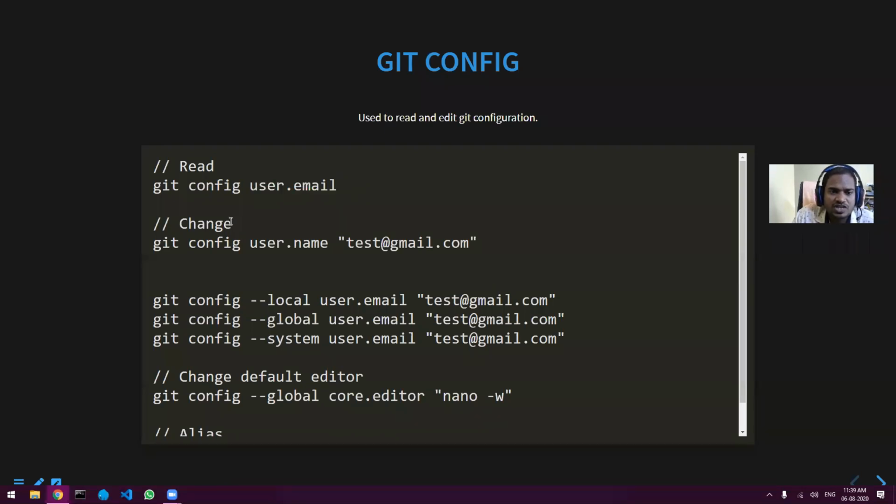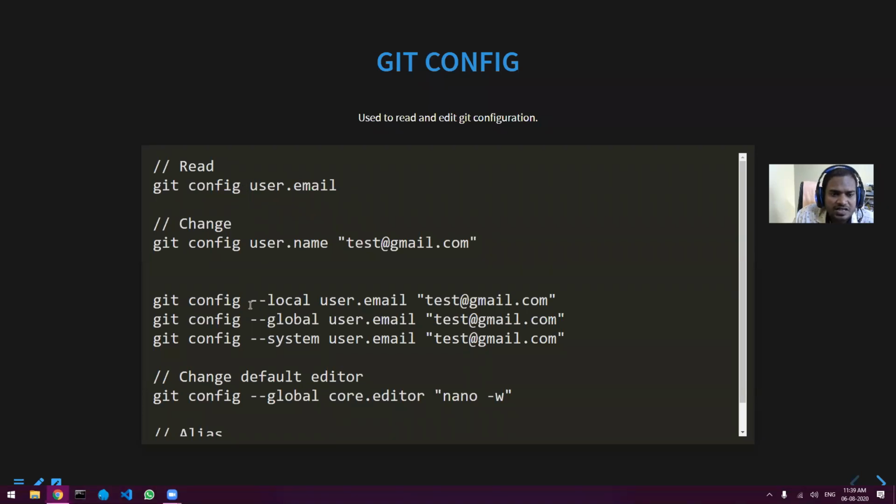If you want to change the same thing, then you give the field, user.name, and the name of the person. I have by mistake written email id, it doesn't matter. And all this is happening in the local if you have not mentioned anything.